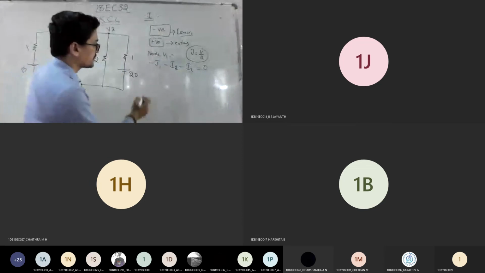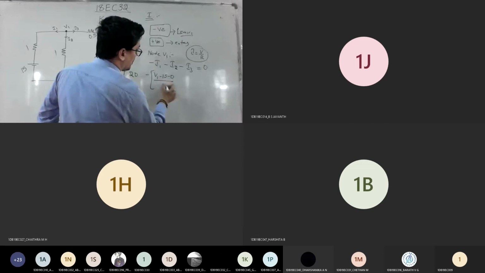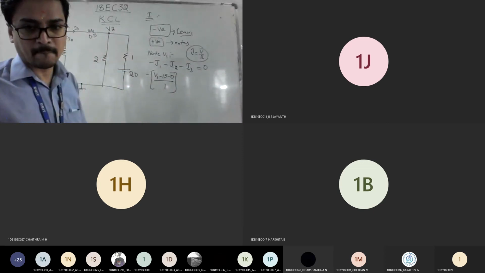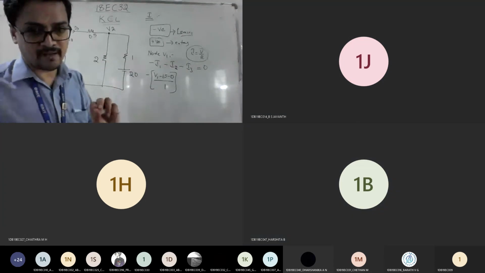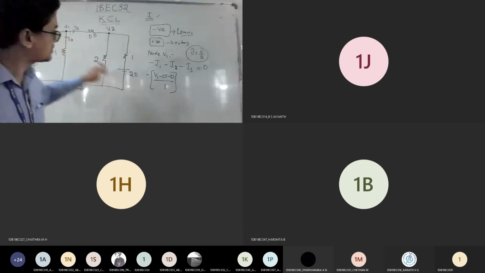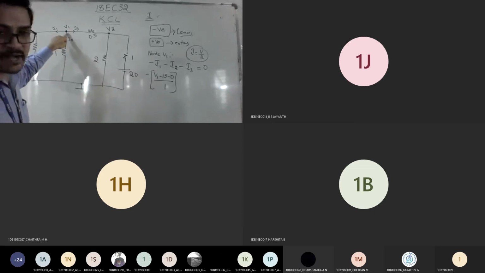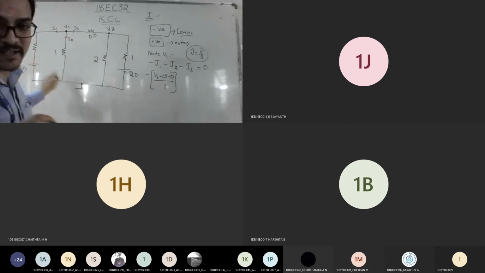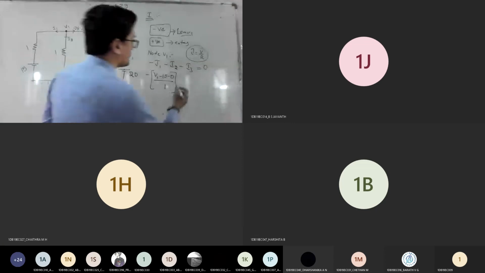Can I write it as I1 now? I will take minus common. V1 minus 15 minus 0 divided by 1. Is it your I1 current now? Just stick to the procedure of V by R. It should be in terms of V by R. So in this branch, you have 3 voltages. Since I am at the first voltage, I will take that itself as the biggest. So V1 minus 15 minus 0, because this is ground, divided by 1. Is it fine? Now tell me what is I2?